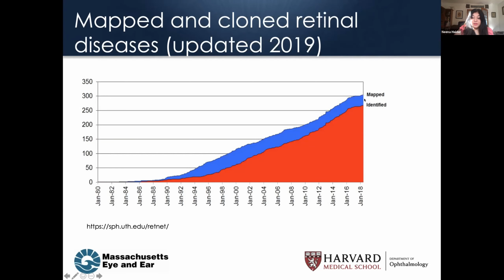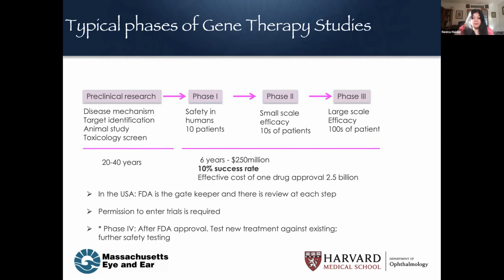I think we're kind of coming to a halt here where we've maximized the number of cloned retinal diseases that were both identified and mapped. That said, with the genome sequenced and the number of patients that we still don't have an idea of which retinal diseases are causing their phenotype, there's still work to be done in this area. However, a focus has shifted in the last decade or so in really characterizing the models and understanding the disease pathology. I'm going to give you a few very general, high-level slides to just show you an understanding of what